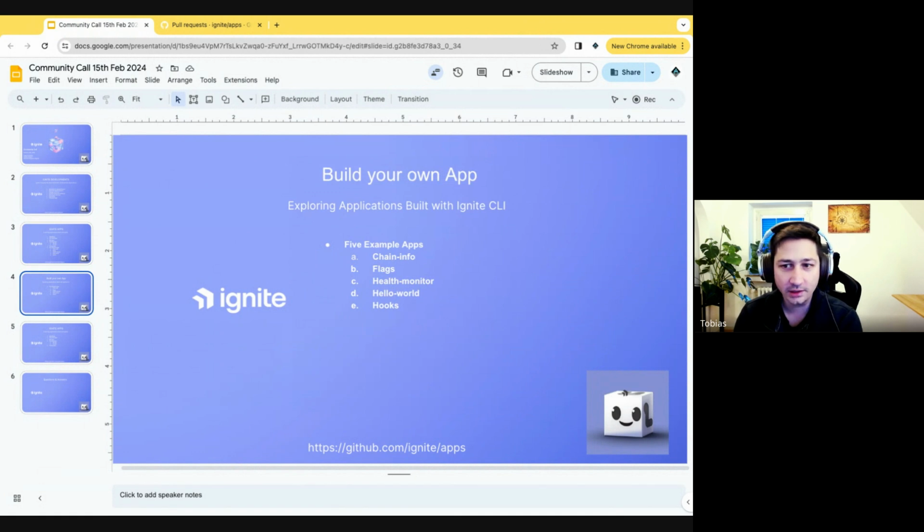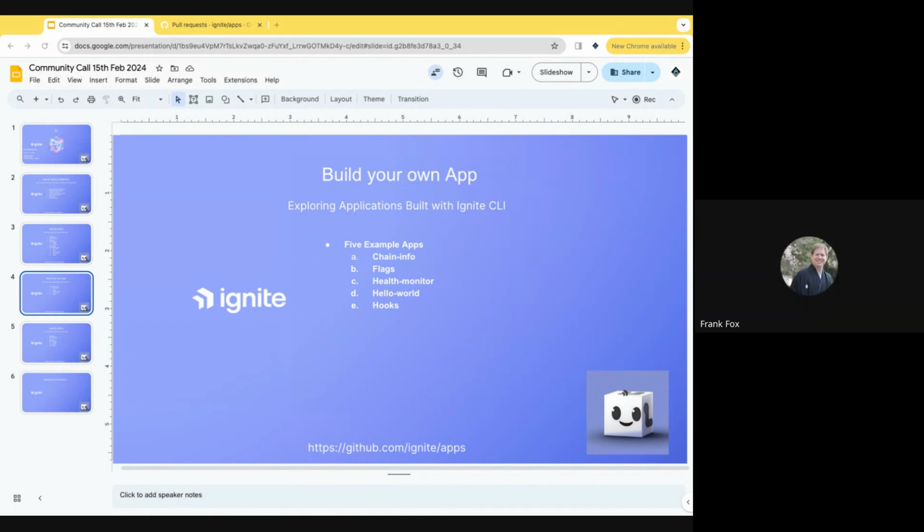Frank, if you want to share your screen and show us an example of how to install and start an app. Thank you very much, Tobias. Really appreciate that. Here, let me go ahead and turn on a screen share.